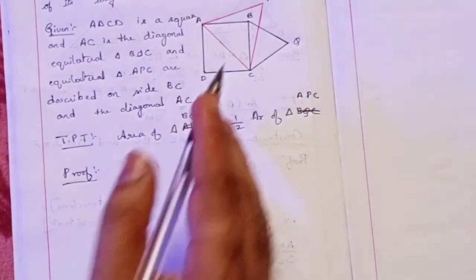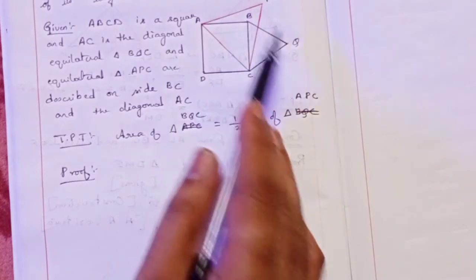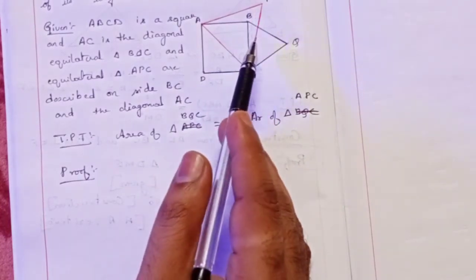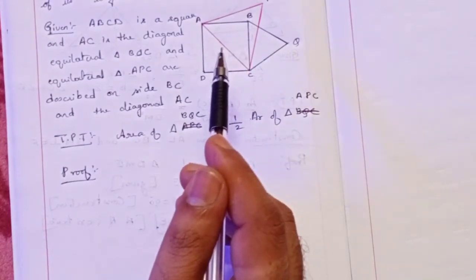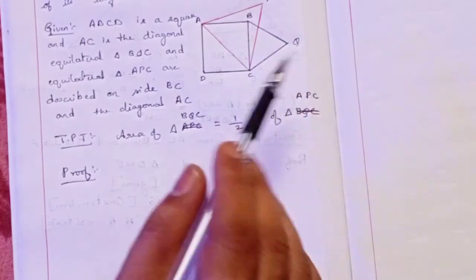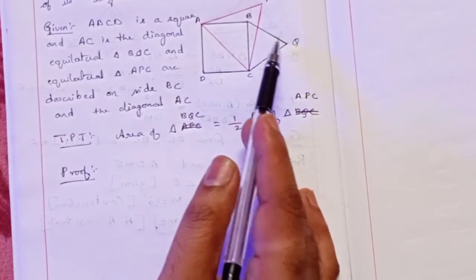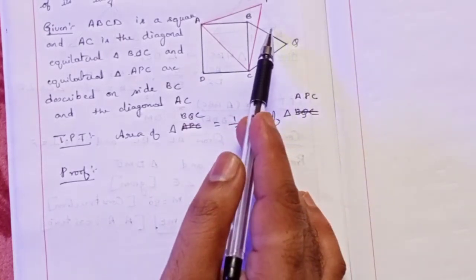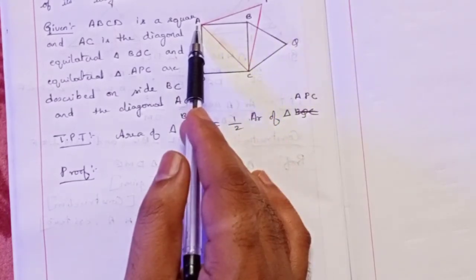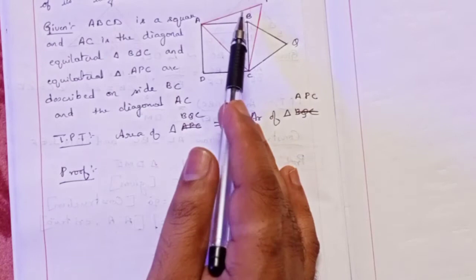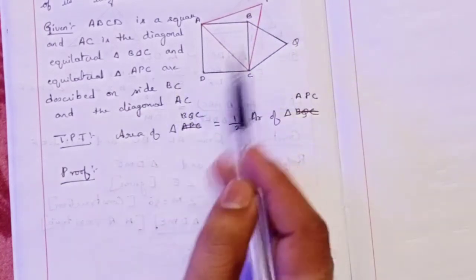Obviously we know that equilateral triangles are always similar to one another. Why? Because the corresponding angles are equal, because each angle of both equilateral triangles is equal to 60 degrees. To prove two triangles similar, one element is that corresponding angles should be equal to one another. We can prove that one. And the corresponding sides' ratios are equal. All the sides are equal to one another. Just to make you understand, if I consider in BQC each side is 3 centimeters or 3 units, and in triangle APC each side measurement is 6 units. So 3 by 6 means it is 1 by 2. So we will be getting the same ratios.